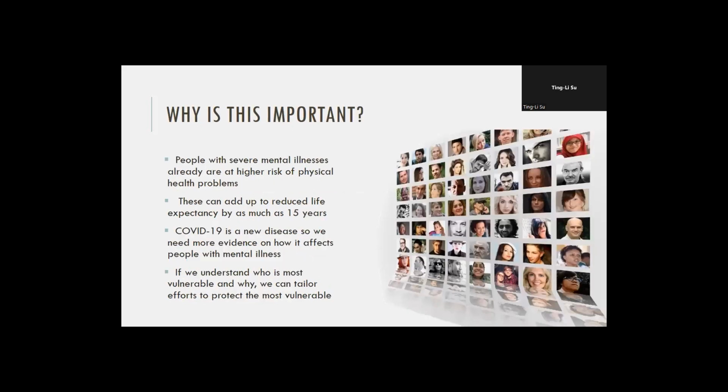So why is this important? Well, we know that people with severe and enduring mental illness already experience much worse physical health than the general population, unfortunately. And that goes for both metabolic and cardio diseases like heart disease and diabetes, but also infectious diseases like TB, HIV, and now COVID. And these can take a significant toll on people, really, over the life course. It's a shocking statistic, really, that it can add up to 15 to 20 years reduced life expectancy on average. So it's really important to be looking not just at the mental health of people with SMI, but also their